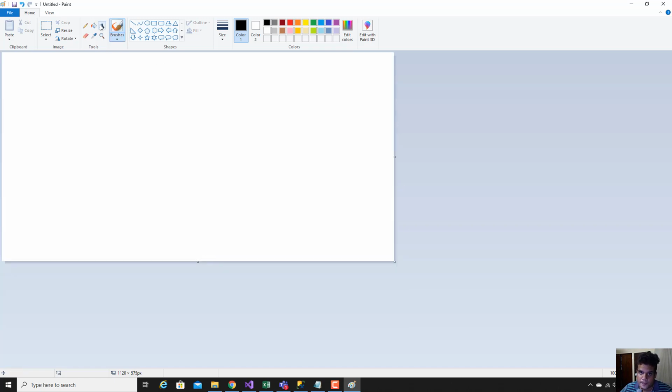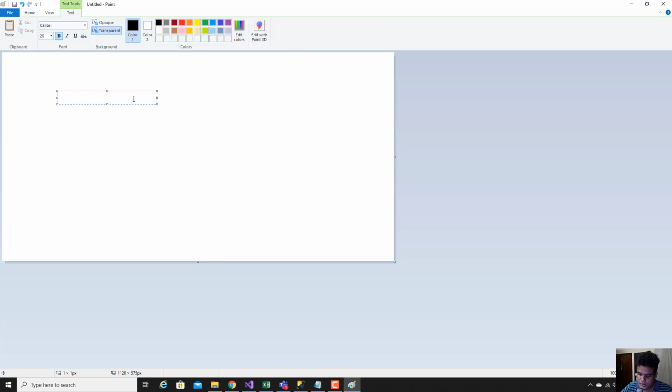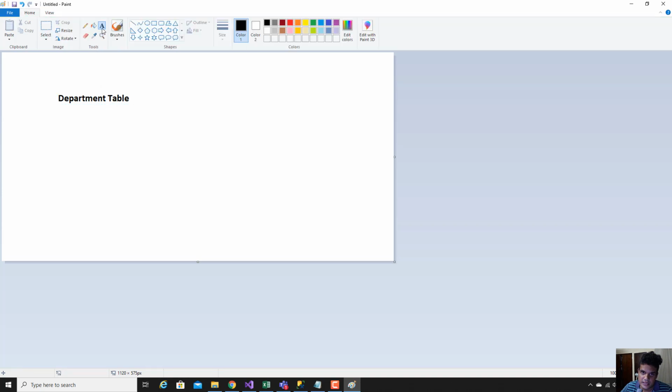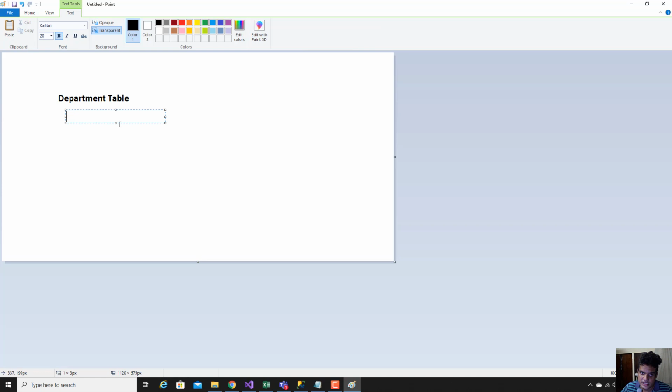So, as you have seen, I have created a department table. That has some columns named dept ID, that means department ID, and department name.